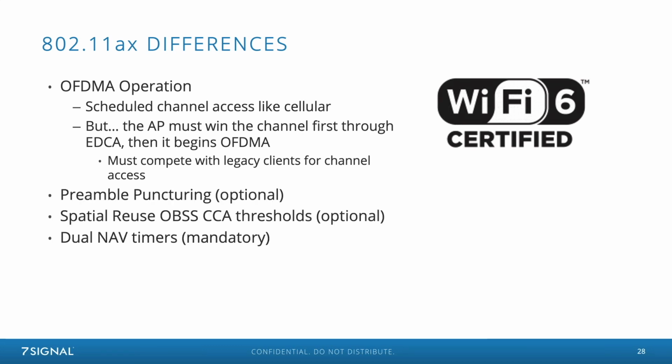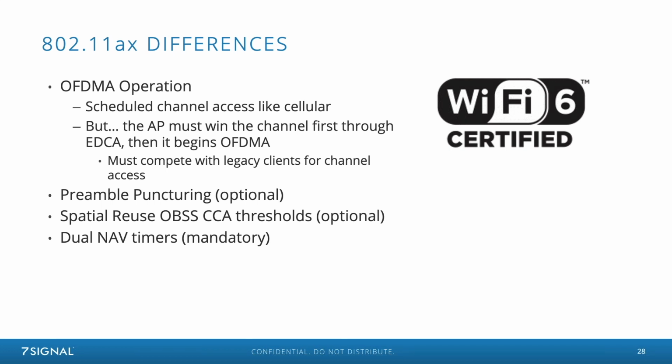Okay, and then 3 new features that affect channel access that really just crank up the complexity. First is preamble puncturing. This is an optional feature. Doesn't sound like it's going to get much adoption with 802.11ax, but the next major PHY, 802.11be, which will be Wi-Fi 7, it sounds like it might be more